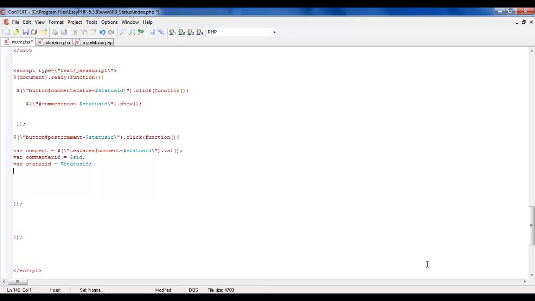And one more thing, we need the time, but time can be inserted in the database in the PHP file. So that's about it. We'll make a variable data where we'll pass all the variables. You would understand this part only if you know how to place Ajax requests in the back end. So comment is